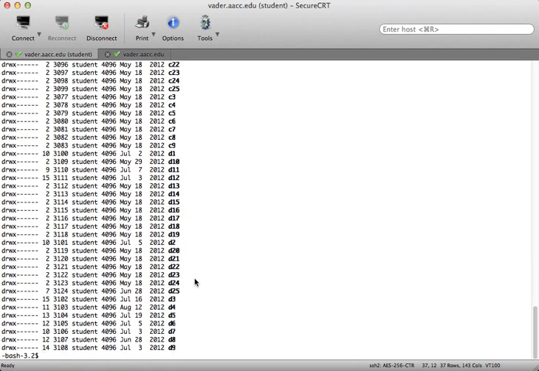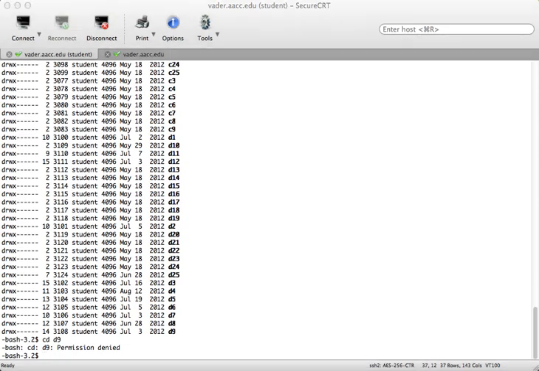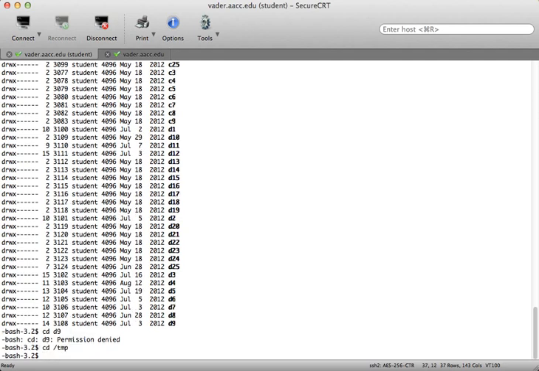All right, so if I were to try to get into one of these directories, I could type in cd d9, which is the one right there, and you can see we get permission denied, as we would expect. Again, keep in mind that in order to cd into a directory, you need to have execute permissions, and let's check that out. So if I were to cd into the temp directory and make dir, and we'll call it,